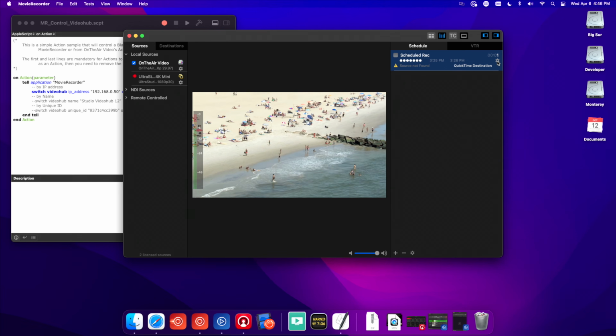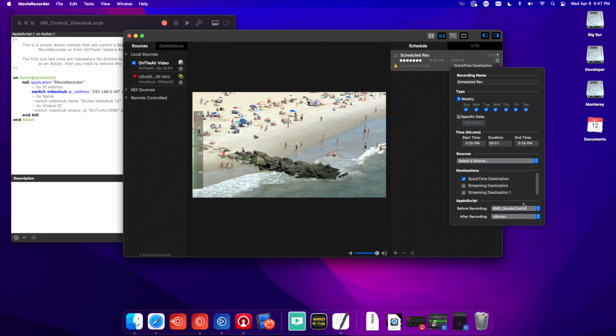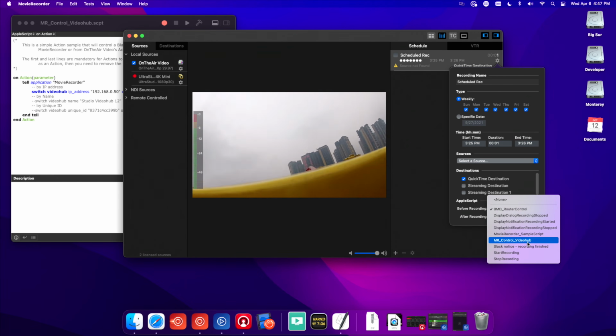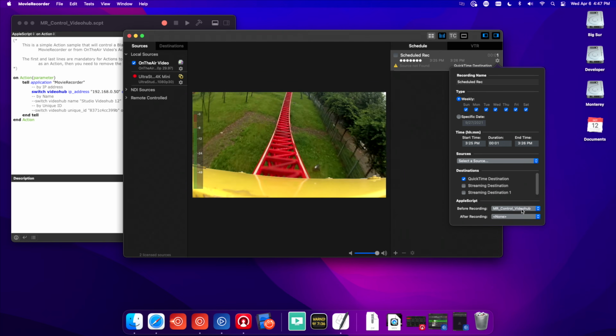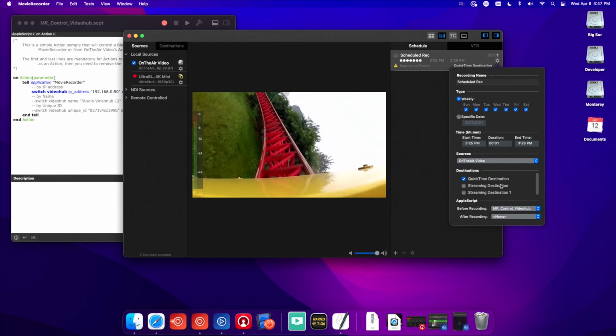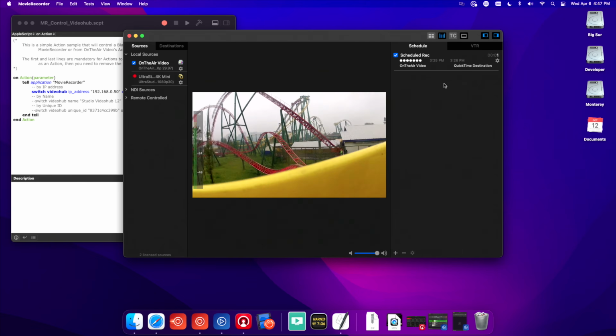There it is. Now let's take a look at how we use that Apple script with MovieRecorder. I'm going to set it up with the scheduled event, which I think is the best way to use this. All right, we're going to go to the schedule, the gear, and down here we have Apple script before recording. That's the new one I made. There we go. I could set up my source, my destination, make sure that route happens, and then enable it. So that's how easy it is to control a Blackmagic or ROS router right from MovieRecorder